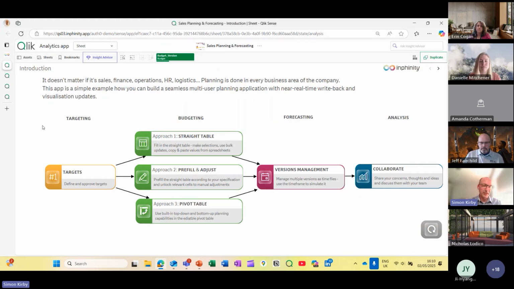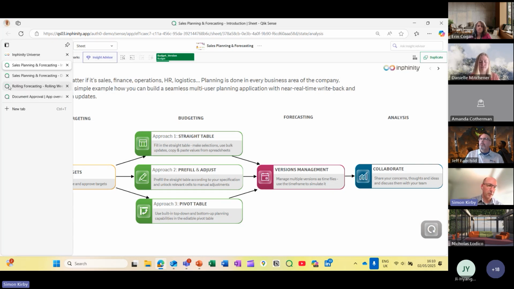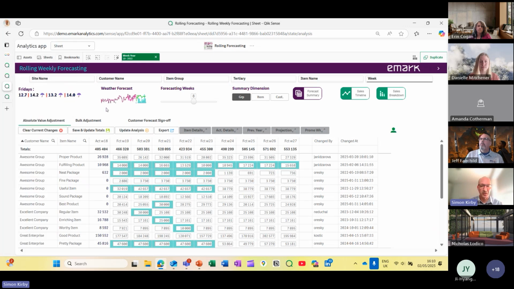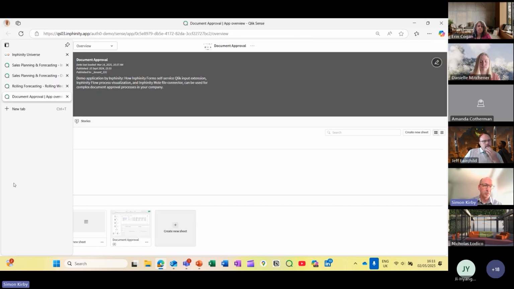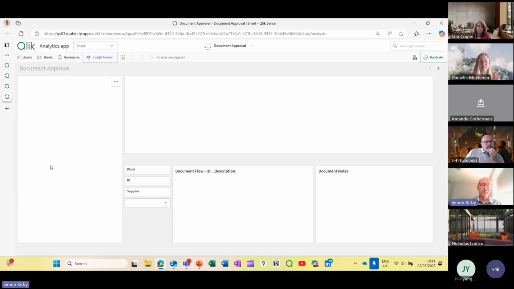In here, we're going to create a sales budget. I'll show you different ways you can create targets and budgets, and then we'll have a look at a forecast. Once we've done that, we'll jump over to something we built for a customer. This was built for an Irish meat production company called Dawn Meats, and I'll touch on that later and explain the use case, what they wanted to do and how we helped them solve their problem.